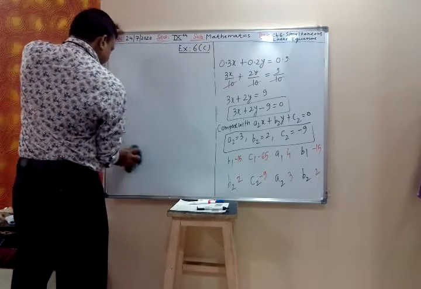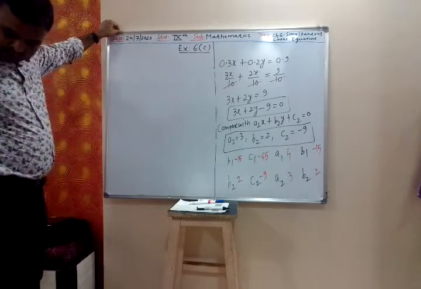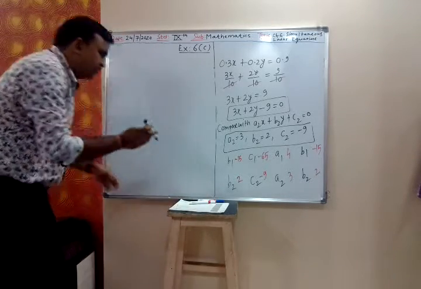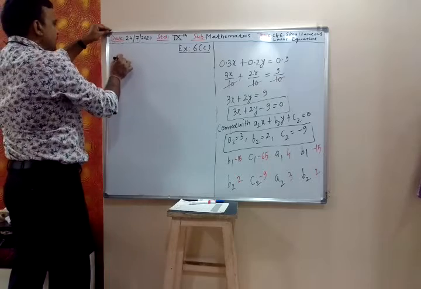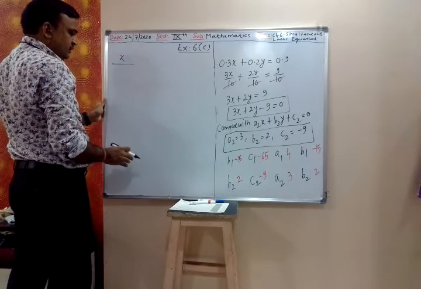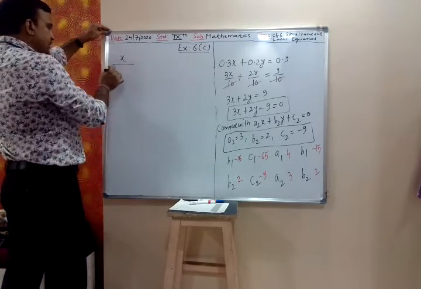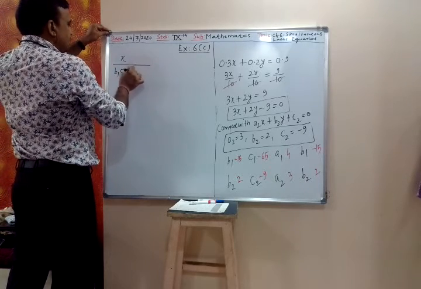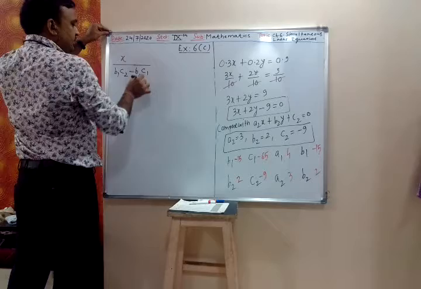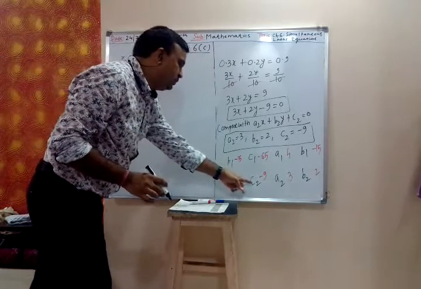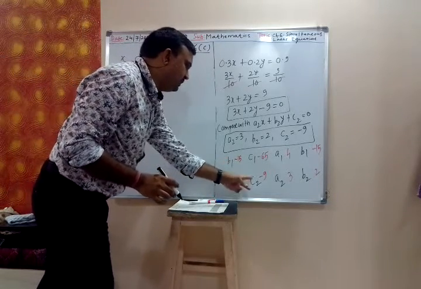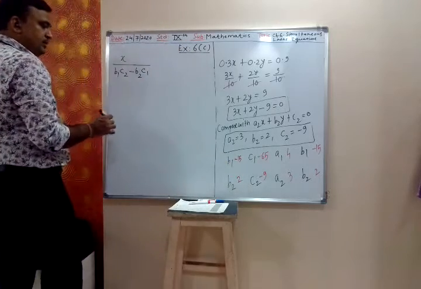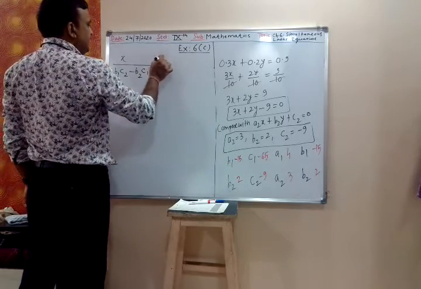x upon, yes, that we write x upon, yes, what we write? b1 c2 minus b2 c1. b1 c2 minus b2 c1. First you have to cross multiply these two, minus this. b1 c2 minus b2 c1 is equal to y upon